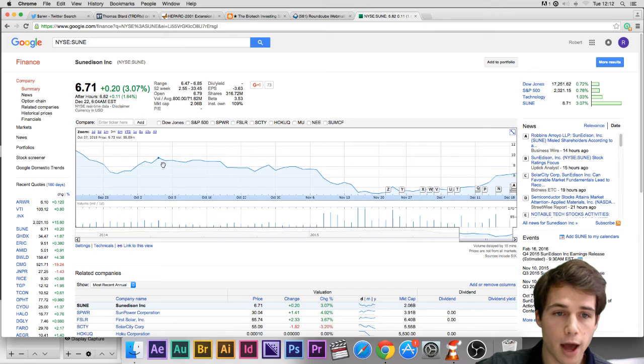Say for example, I want to short the stock here, which means that I'm going to buy a contract which allows me to borrow somebody else's share. And that share is usually borrowed, I believe, from money markets or mutual funds or something along those lines. So I'm going to buy the contract, which allows me to borrow a share from one of the money markets. I'm going to sell the share up here, and then later on, say for example the short contract is for a month. Later on